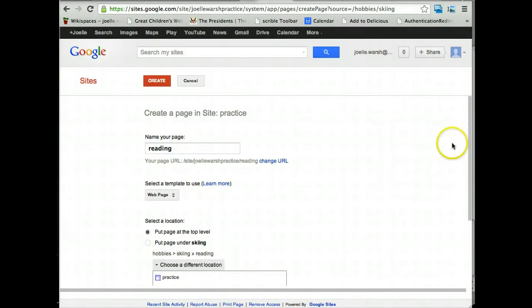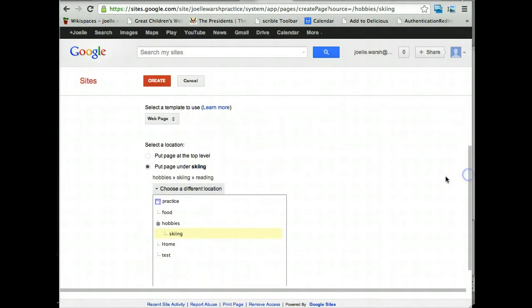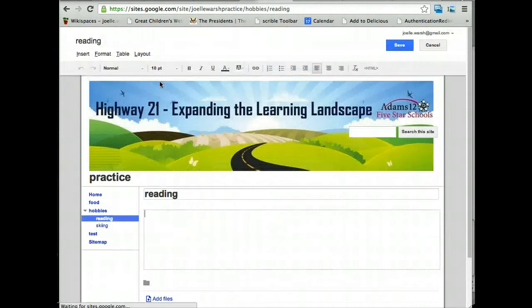So I can click choose a different location, and I want it to be a sub-page of hobbies. So I click on hobbies. I see it says put under hobbies. Hobbies is highlighted here. I click create. And there you'll have it, reading and skiing. And notice it's in alphabetical order. Even though I made reading second, it put it above skiing, and you can't do anything about that with the